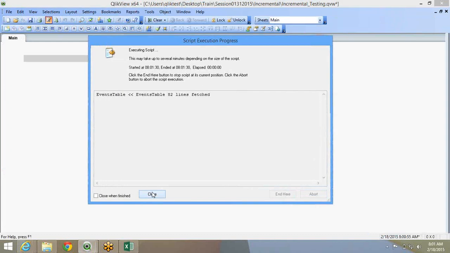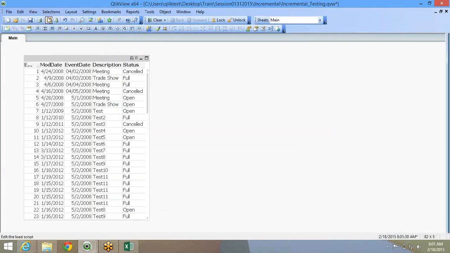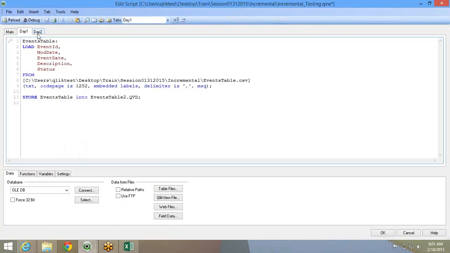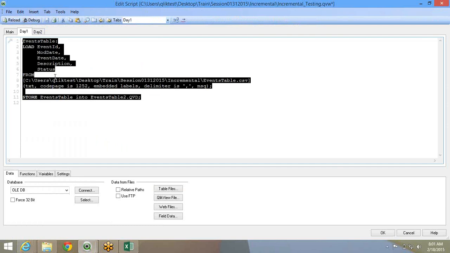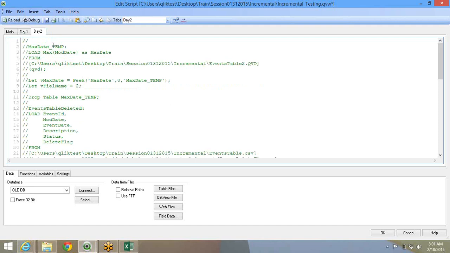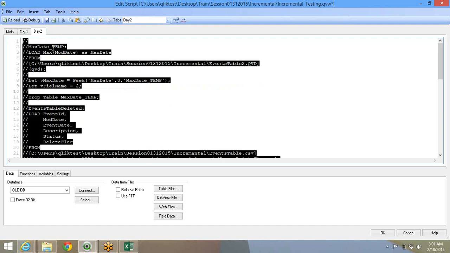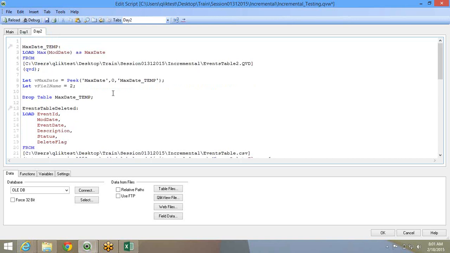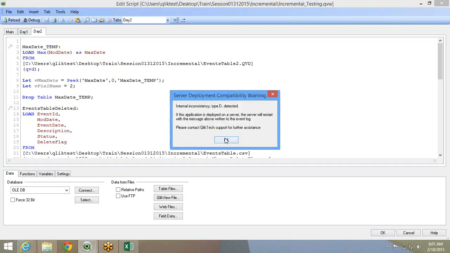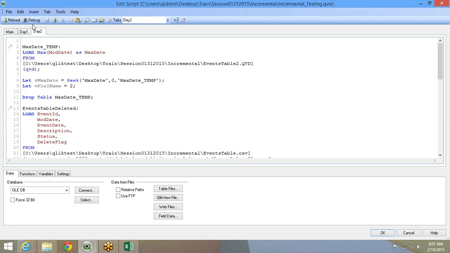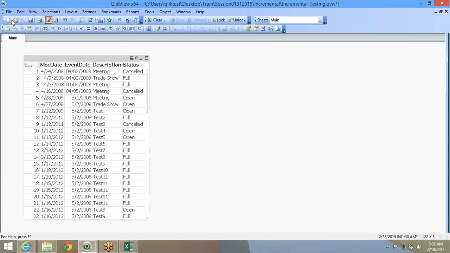So 82 lines fetched. Now let's see how the deleted records. Now day 1 full reload is done. Comment it off. You can write a complex query to handle this day 1, day 2, right? But I prefer it to be the simplest way because you'll have more control. So you know when to run the day 1, when to run the normal load. So there will be no confusion about which executed or what happened.